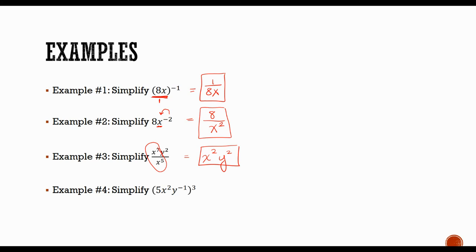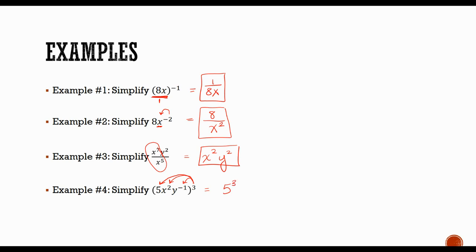Our last example, example 4, says simplify. We've got a lot of stuff going on in parentheses, and then we have the number 3 out back. That number 3, our exponent, is going to be a power rule. We're going to distribute that 3 into everything inside the parentheses. Now here's where it gets tricky. It gets distributed to both of your variables with their exponents and to any constants in the front, any leading coefficients. So what that looks like, if I write out my steps, means 5 is going to be